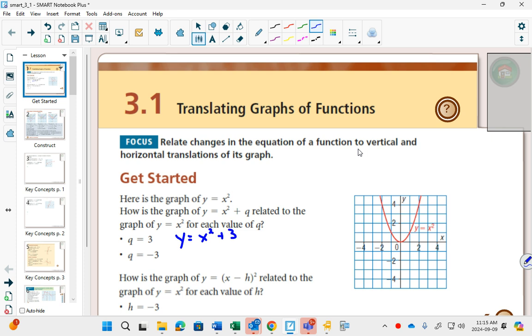I'm going to write the equation here in blue. It says if q is equal to 3 and you had y equals x squared plus q, what would its graph look like? What would it be compared to the original graph of y equals x squared, which on my graph here is in red, so I'm going to put a red box around that. If we color code things, then later when we're studying, it's going to make our brain see connections quicker, which